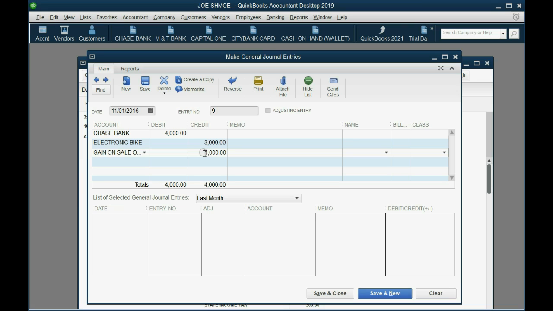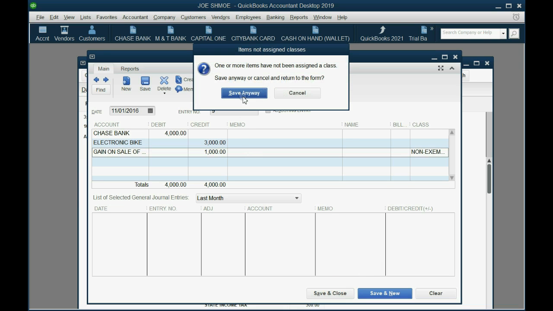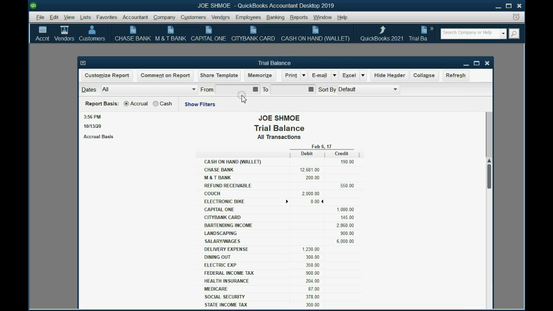Gains on sales of personal non-business assets are taxable, and therefore you must include them. They are not exempt income, and this is the class choice you make when you are choosing the class, to make sure that this income is in fact included in your estimated taxable income. Now when you click Save and Close, we don't need classes for any balance sheet item. So we click Save Anyway, and you can see cash in bank is exactly the number we expected it to be,